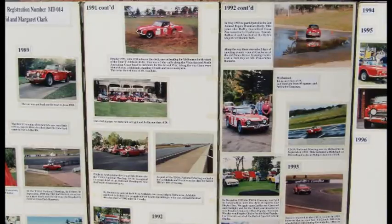Well, I'm here talking to David about this wonderful and wonderfully coloured TR5 Triumph. How long have you had this one, David? Ordered in 1987, Jim. That's not as long ago as I thought, maybe. Now in the time you've owned this, it looks like a nice TR5. Yeah. But you have done a lot of...